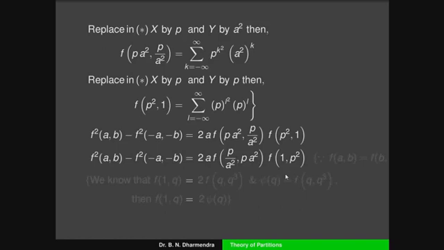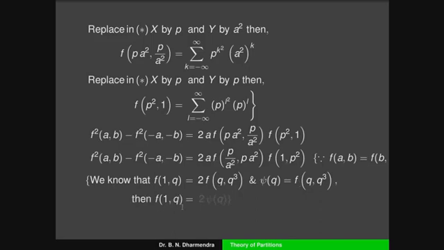So we know Ramanujan's second result, a preliminary result: f of (1, q) is equal to 2 times f of (q, q cube), and also the special case of the theta function, xi of q is equal to f of (q, q cube). So we have to compare these two terms. Here the RHS is 2 times f of (q, q cube), and here f of (q, q cube). So hence f of (1, q) is equal to 2 times xi of q. Therefore f of (1, p square), replacing the value of q by p square, is 2 times xi of p square.